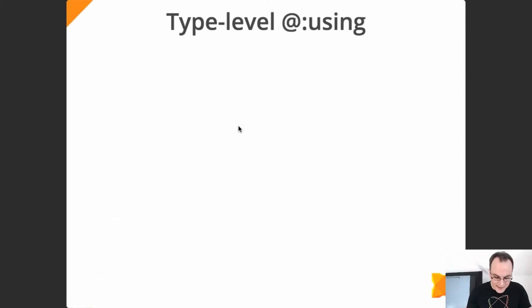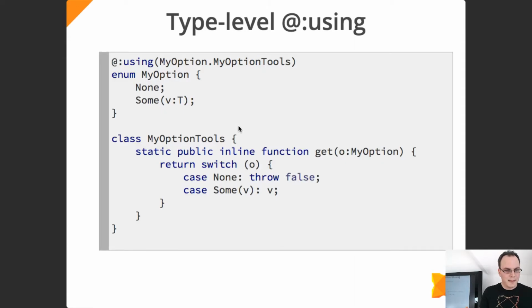Then, type level using. This is actually, I think, one of the most interesting features, even though it's a really small one. And there are more people arriving. So type level using, what does that mean? You can take any type you like, for instance an enum,